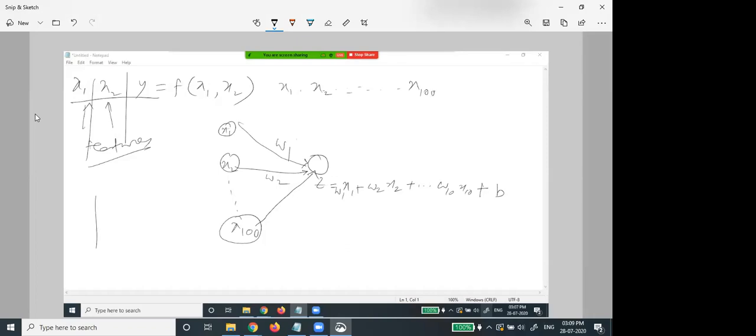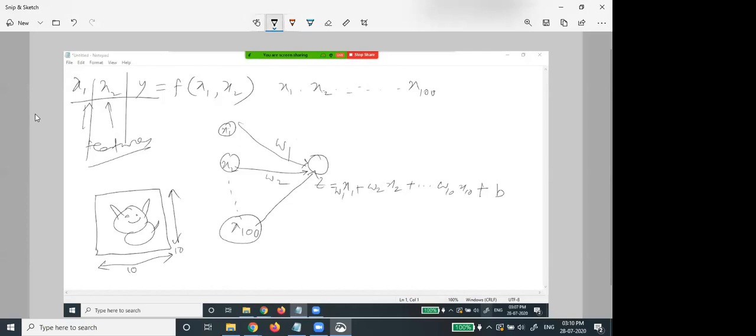Suppose I have an image, and today we'll cover the computer vision task, so that's why I am taking one image. Suppose I have an image of, say, some cat. Here it is 10 pixels wide and 10 pixels high.